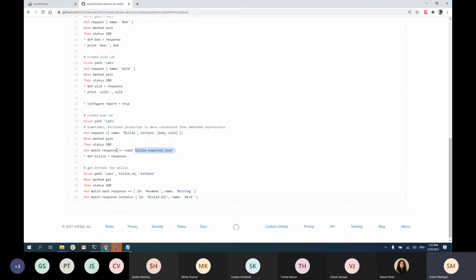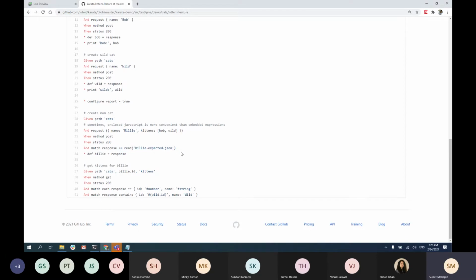So basically you're matching a response to a JSON file, right? So it's a little complex in nature. It might be needed, it might not be needed, but let's assume you have a response that you need in a file. You can match it directly by reading a JSON file, and it's going to be in the feature file itself and really simple to implement. And then whatever response you got, you are validating that against a template, right?